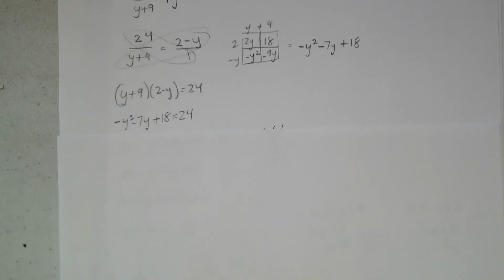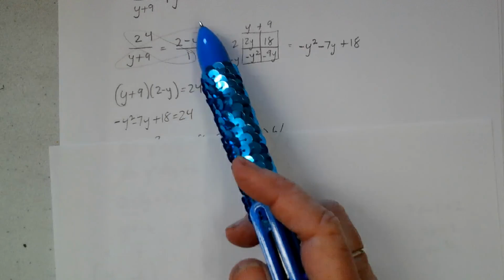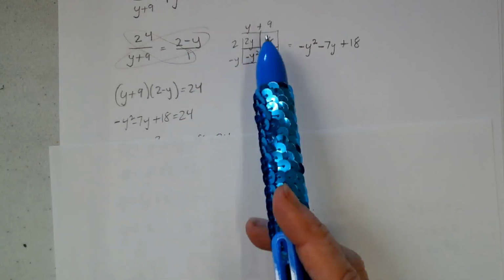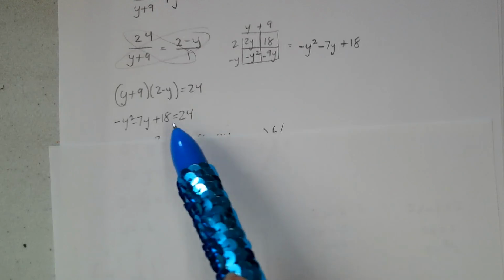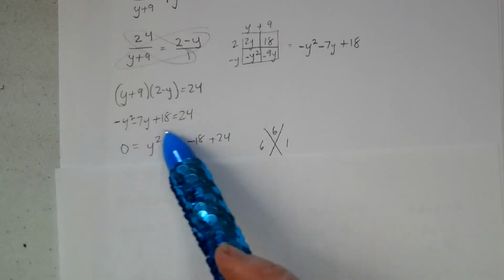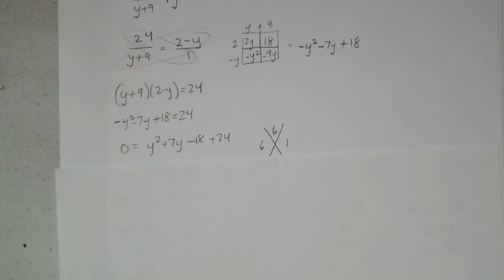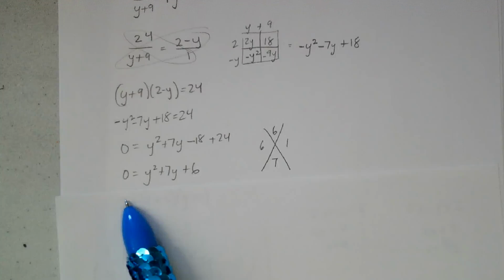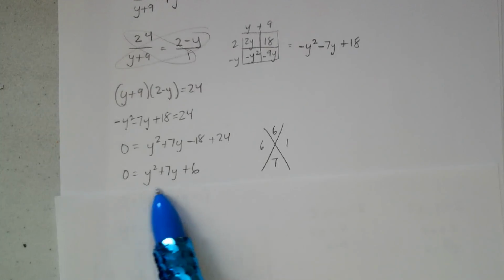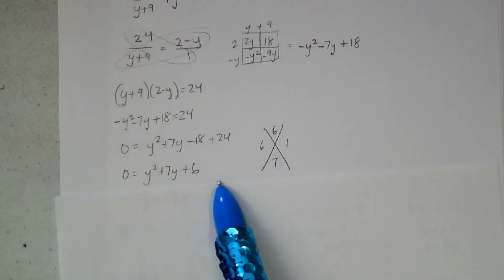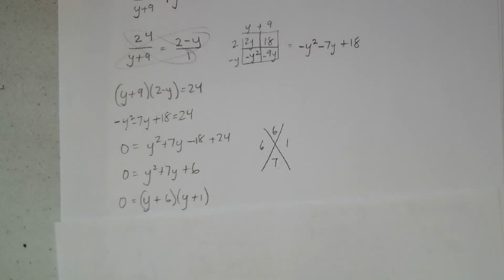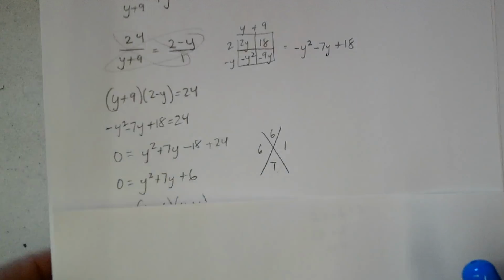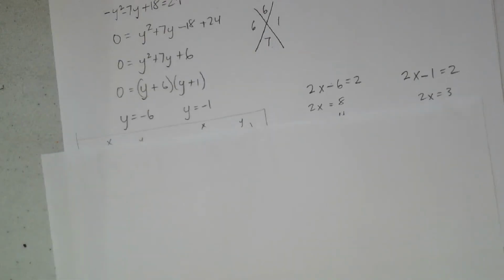This is what happens when you get your cross products. And so when I FOILed that out, when I multiplied that out, I got this quadratic. And I didn't want the y to be negative, so I brought everything over to the right-hand side. And then combined like terms, and I got this nice, easy to solve, I just factored this one. Multiplies to make 6, adds to make 7, and so I just factored it. And so that was easy enough, and then that was how I found the y